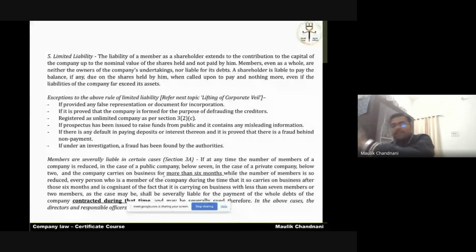और अब अगर 6 महीने बाद भी आप नहीं सुधर पा रहे हैं, अब जो कॉन्ट्रैक्ट्स एंटर होंगे उनके लिए आप पर्सनली लायबल होंगे फॉर दोज कॉन्ट्रैक्ट्स। नाउ दिस इज ड्यूरिंग दैट टाइम इज एक्चुअली रिलेटेड विद द वर्ड मोर देन 6 मंथ्स। मोर देन 6 मंथ्स के बाद वालों के लिए आप पर्सनली लायबल हैं, यानी कि इन द नेक्स्ट 6 मंथ्स यू आर फ्री, यू आर हैविंग योर लिमिटेड लायबिलिटी, you increase the number of shareholders एंड इवन इफ नॉट सो यू विल बी हेल्ड लिमिटेडली लायबल। 6 महीने तो आपकी कोई गलती नहीं है, लेकिन आपकी गलती यह है कि 6 महीने बाद भी आपको मिनिमम मेंबर्स पूरे करने में दिक्कत हो रही है। इस चीज से हमें प्रॉब्लम है। एंड आफ्टर दो 6 मंथ्स ऑल द कॉन्ट्रैक्ट्स के लिए आप पर्सनली लायबल होंगे। माइंड माय वर्ड्स।